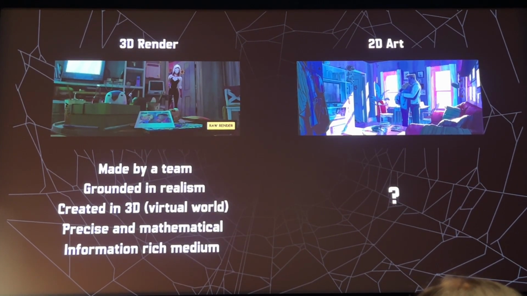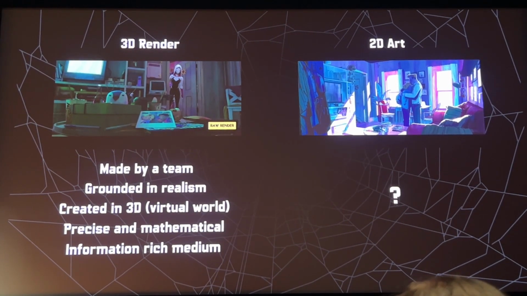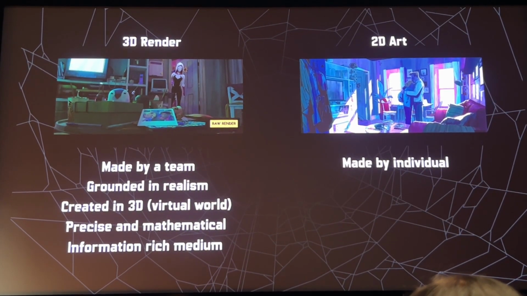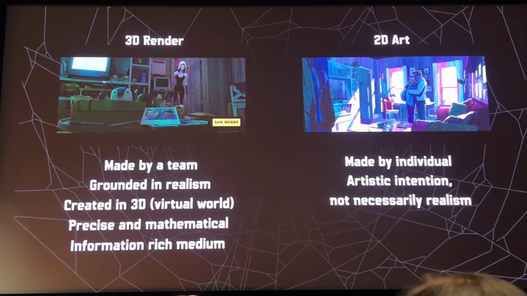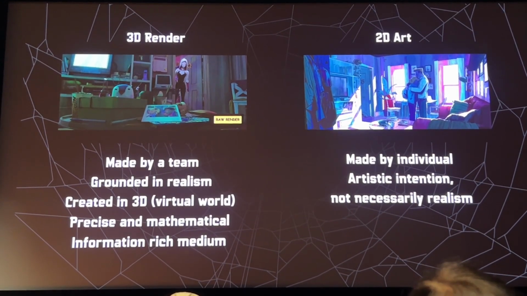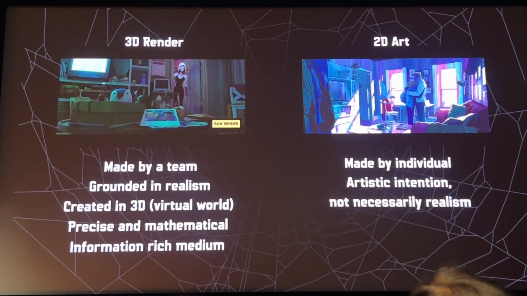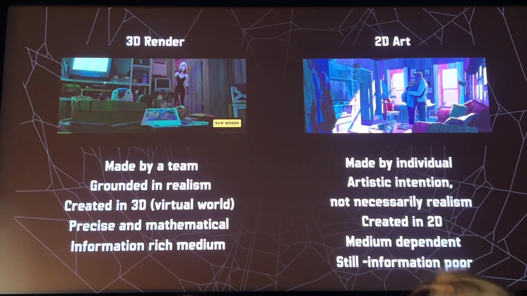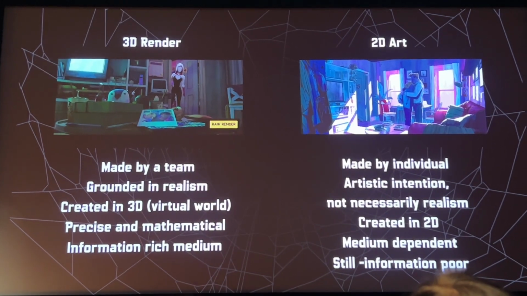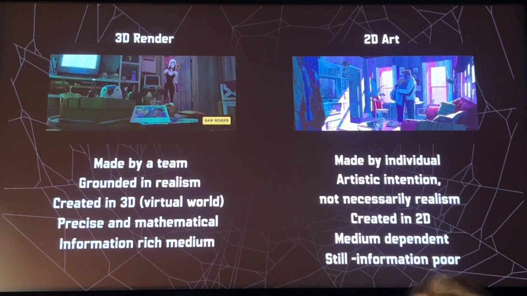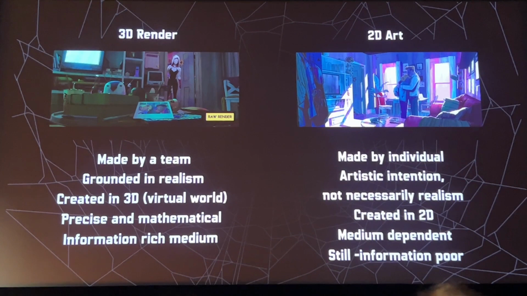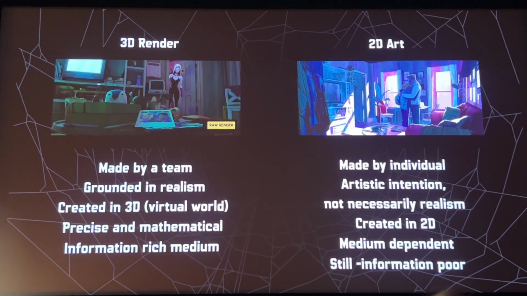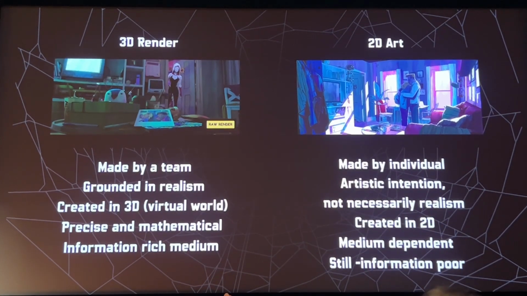And this is where we run into a bit of a problem, right? Because the two are totally different. With 2D art, it's generally made by an individual, right? Artistic intention is generally favored over realism. It's created in 2D. It's medium dependent, meaning that the particular medium that the artist uses has a huge effect on the output of the look of the still image. And it's an information-poor medium, meaning that there's no time, there's no music, and I'll talk more about that